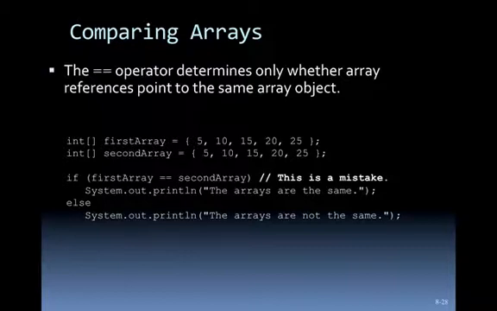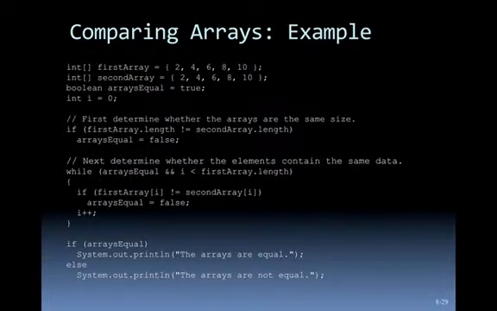So how do we check and see if two arrays are the same? Well, we have to think about what makes two arrays the same. Basically, we're going to have to check and make sure that they are the same size, and this code does that right here. Right here where you see my mouse spinning around, that is where we are checking to make sure that the arrays are the same size, because if they're not the same size, then they're not going to be the same. And then the next thing that we need to do, if they are the same size,